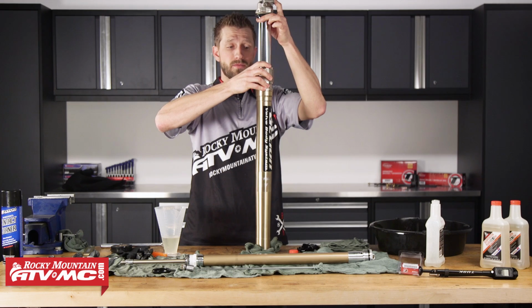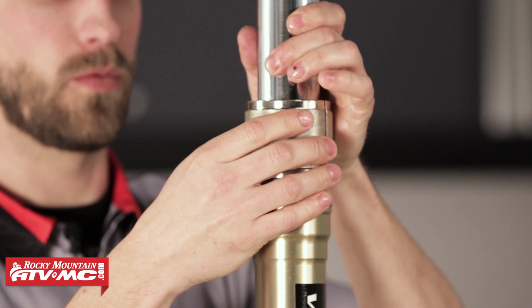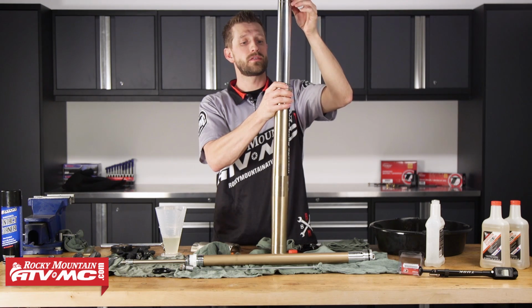Notice you heard that change in pitch. That let me know that our seal assembly has been properly seated, so we don't need to drive the seal in any farther. All right, so now that we've got the seal driven, we can go ahead and drop our